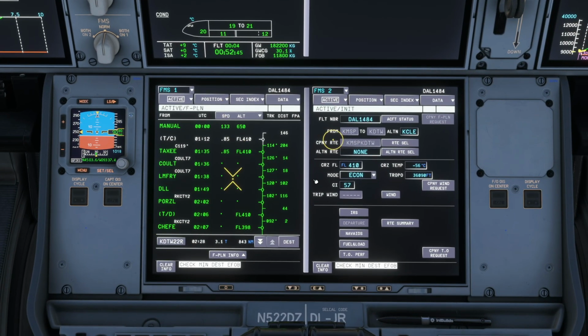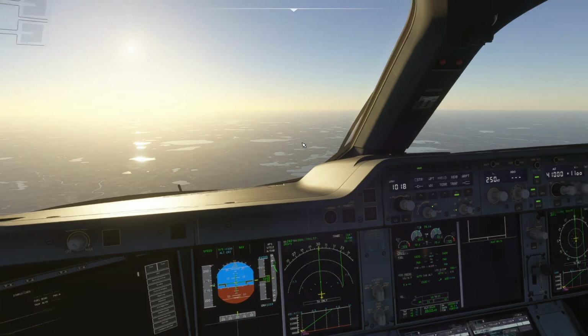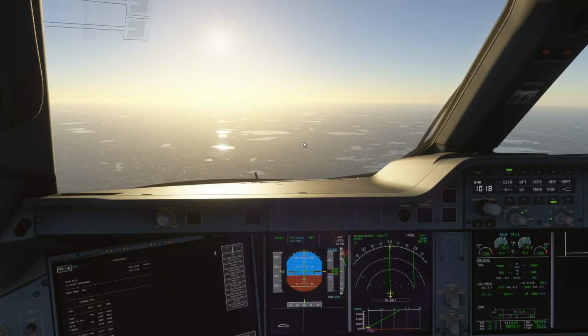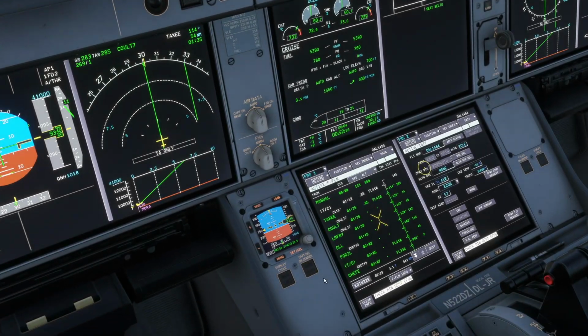Yeah, that's weird. Can't say I've seen that before. Because it should know that it can't go above 250 knots below 10,000, so I don't know why it would steam through it. Unless the departure doesn't have...